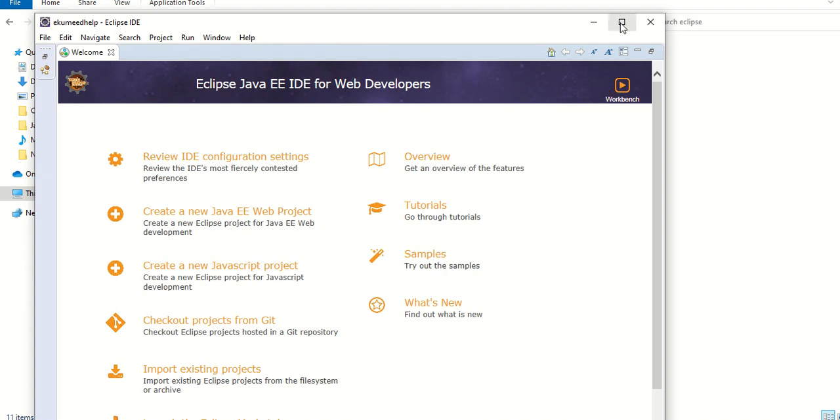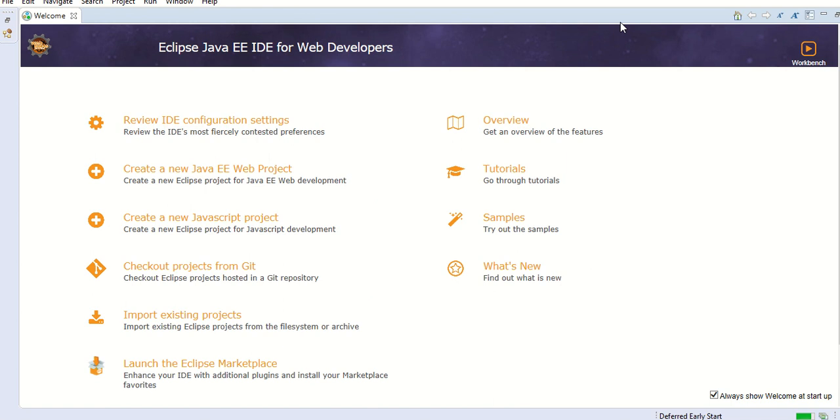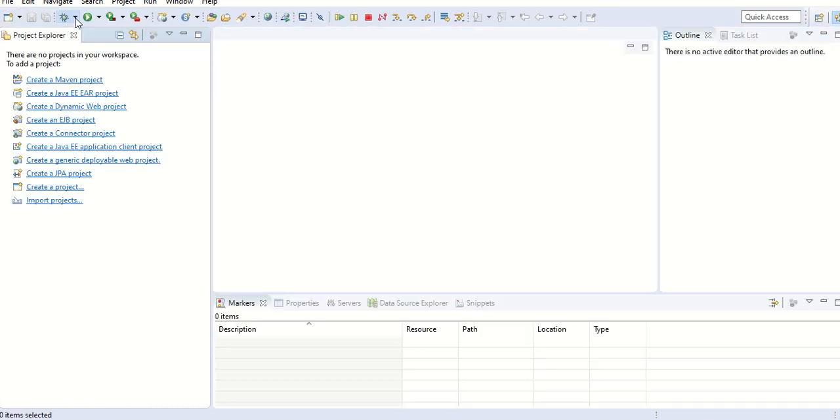Now let me maximize this. This is the welcome page you'll get, and you just have to close this page. After closing this page, your view is something like this. This is your project explorer, and this is the outline and task list.